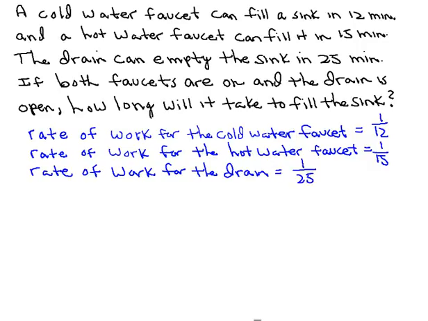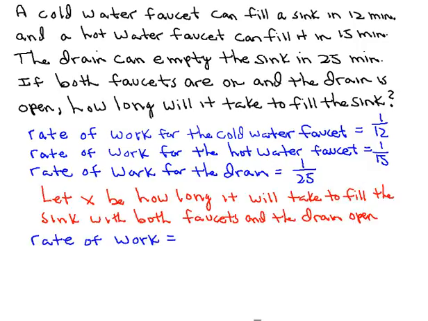1 divided by 25. Now what we'll do next is define a variable to represent how long it takes to fill the sink if both faucets and the drain are open. So we'll state that x represents how long it will take to fill the sink with both faucets open and the drain open. Now I think you'd agree with me that the rate of work with both faucets and the drain open would be 1